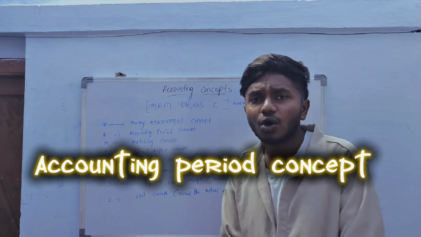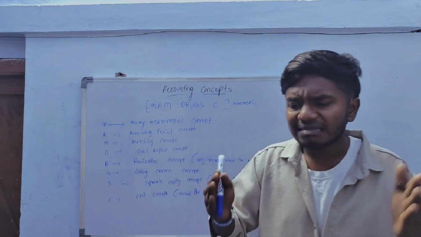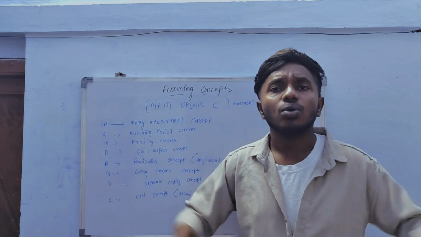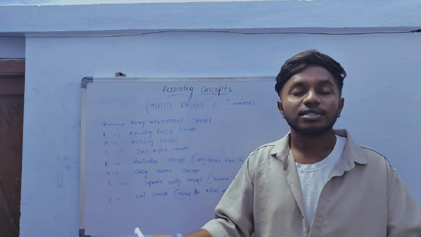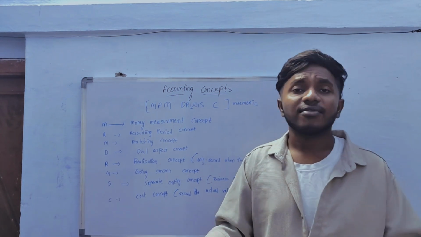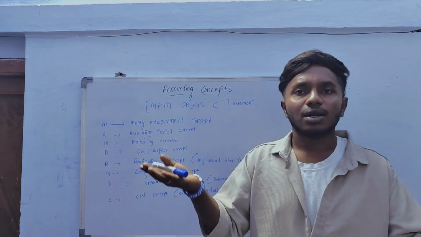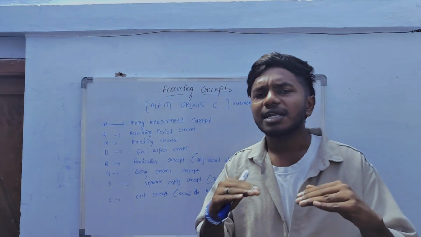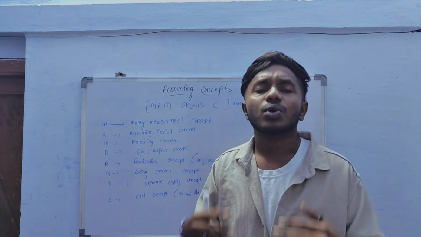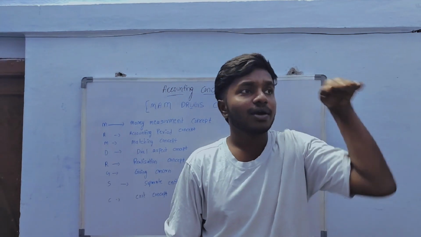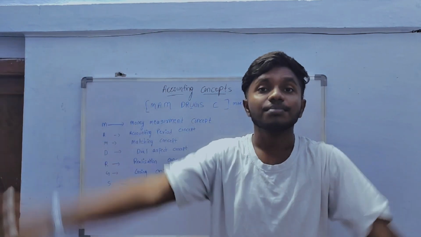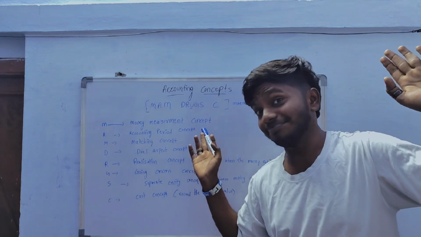So let's move on to the accounting period concept. Everything has a set period and expiry date. We human beings set a period to achieve our own goals, right? The accounting book starts from April 1st to March 31st as per the financial year, or else as per the calendar year, January 1st to December 31st. Opening and closing. If you don't put any period, you can't compare the previous year's profits and you can't predict the future to get more profits, right? If you know the previous year's profits and position, then you have a chance to make new strategies to boost your profits in future. So the accounting period concept deals with that.